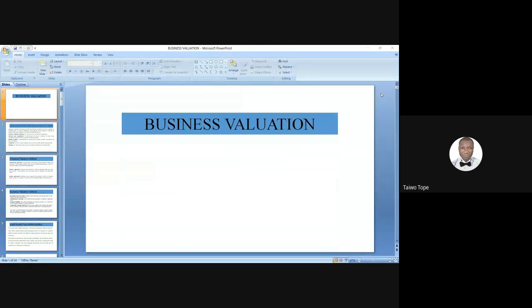You can be given a sample or extract of a financial statement, and you'll be required to determine the net worth of that business. So how do you determine the net worth of a business? Just give me a simple ratio, a simple equation on how you determine the net worth. What are those things you look out for? Yes, very fast.